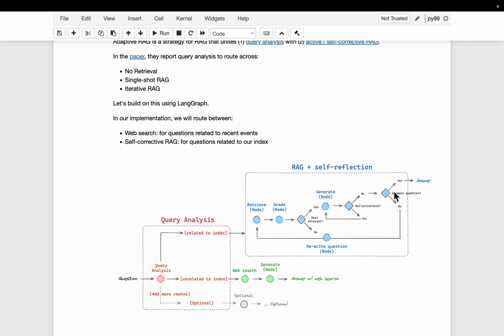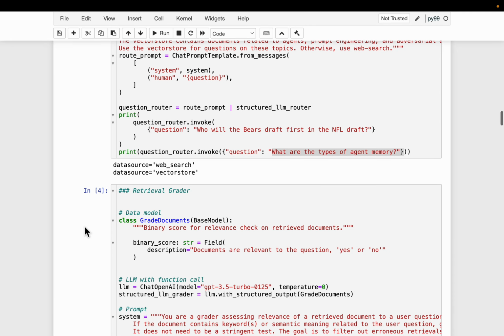So we know the index has the right documents, but in iteration 1 we weren't able to generate the correct answer. One way we could address this is to rewrite the question to be LLM friendly and vector index friendly, so that it retrieves the relevant documents. So here we have this rewrite question component.